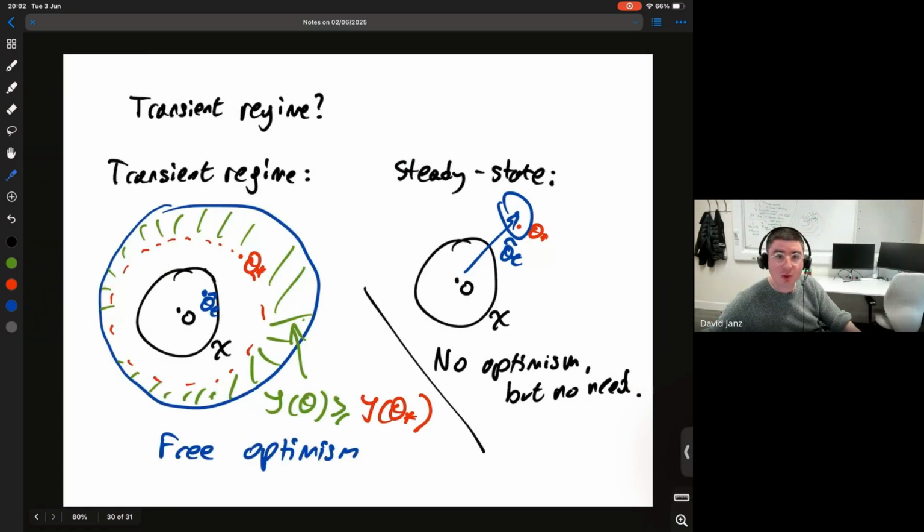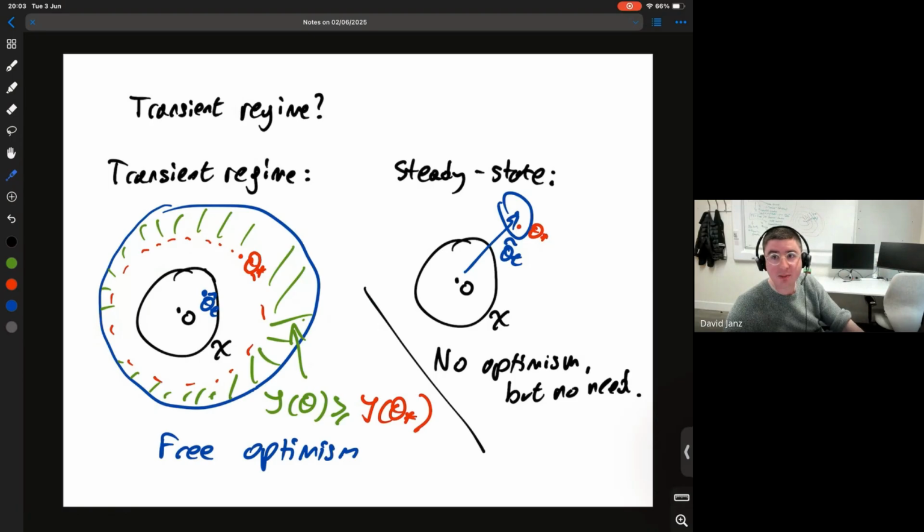Now, okay, this was all assuming we're in the steady state where we can exchange the norm of theta star with the norm of any parameter in the confidence ellipsoid. What happens when we're not in the steady state regime? We're in the so-called transient regime. Well, here we have some theta star. We have a huge confidence ellipsoid, and essentially the green area is all the area where you get an optimistic sample. At the beginning, because you're sampling from a posterior that's large compared to, say, the norm of theta star, you get optimism for free.